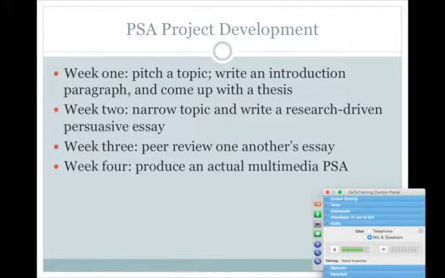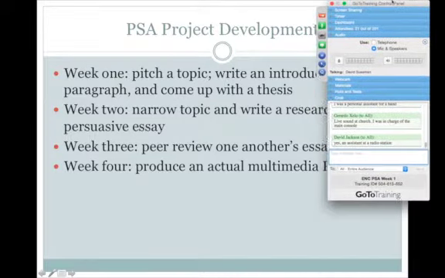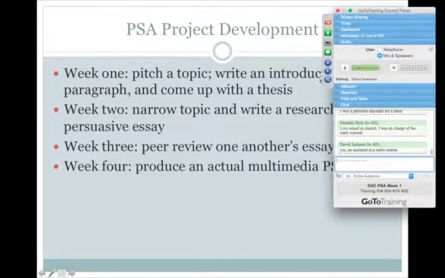or you can create a short comic, you can create a short audio piece, you can create a short song or jingle. So you're taking your public service announcement, which until week 4 was pretty much just in written form, and you'll be crafting something that's actually a multimedia project, and it's a lot of fun. It doesn't seem like fun when you're working on it, but really, the most enjoyable part is seeing the final results.